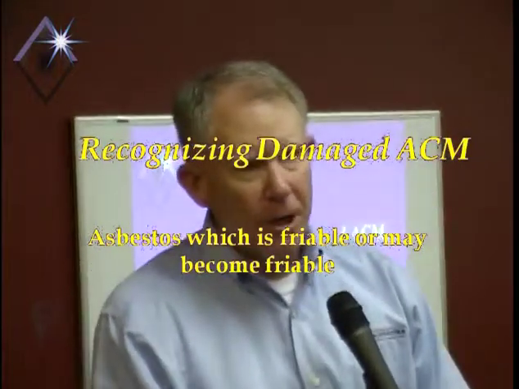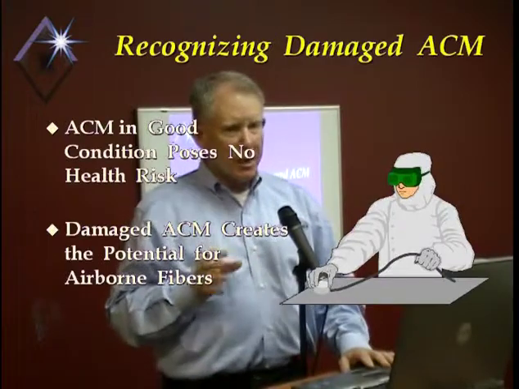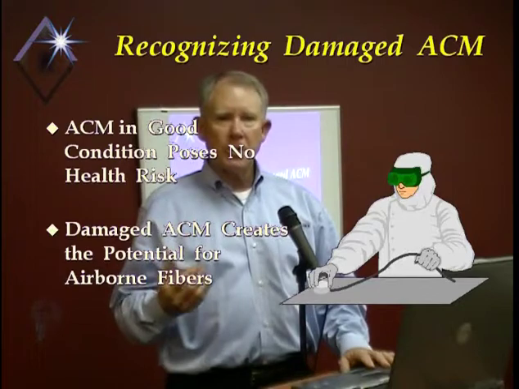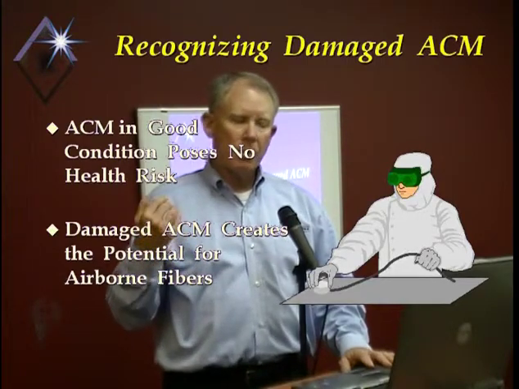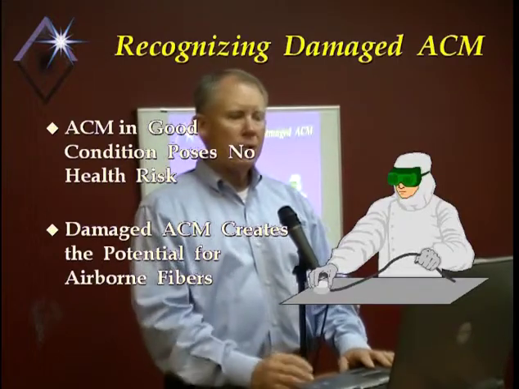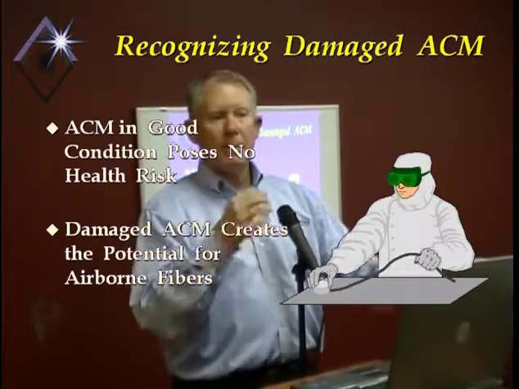So with all of this information, the other thing that you have to know is, how do you recognize damaged asbestos materials? You might ask why that's important. Well, let's go back to the original concept that we discussed with this word that we've used over and over again, friable. Damaged asbestos material is an asbestos material that, because of its condition, is in a state where it can become friable. And so we want to help you get some guidance with respect to how you make an assessment of a damaged material, because a damaged material is a